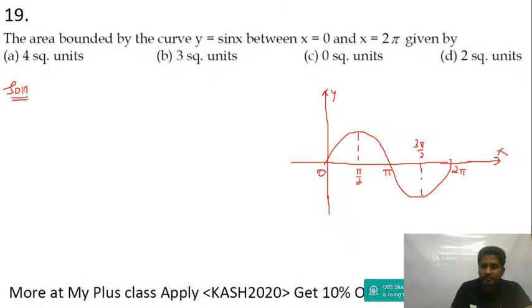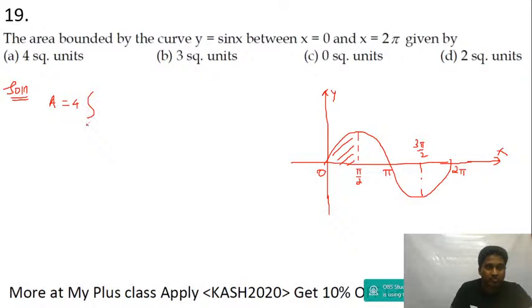Okay, between 0 and pi, pi to 2 pi it is symmetric, or between 0 and pi by 2, pi by 2 to pi, pi to 3 pi by 2, 3 pi by 2 to 2 pi, all are symmetric. Okay, so you just find out between 0 and pi by 2 and multiply by 4. If you find out between 0 and pi by 2 and multiply by 4, obviously I'll get the same thing, guys. Area is equal to 4 times